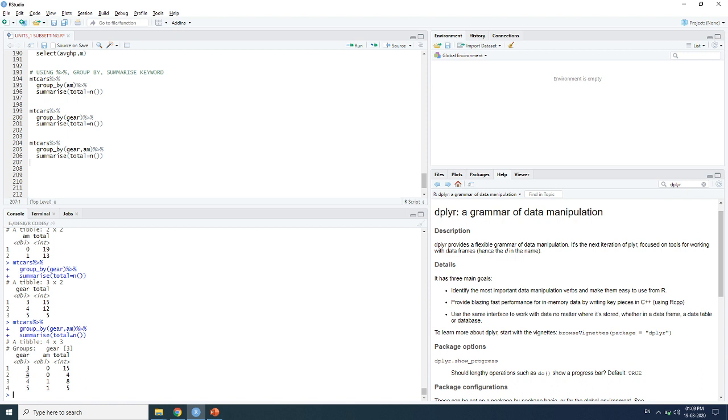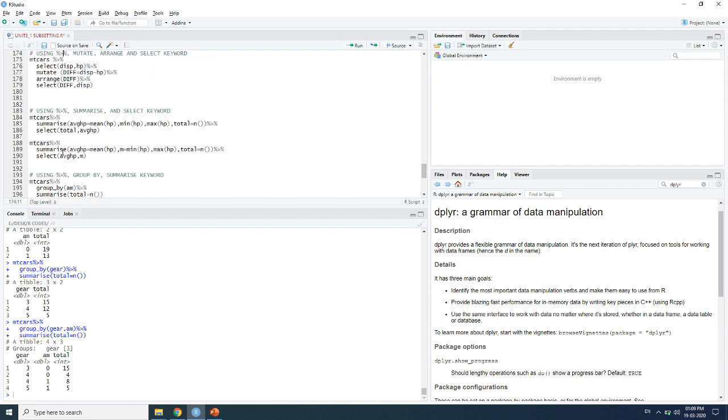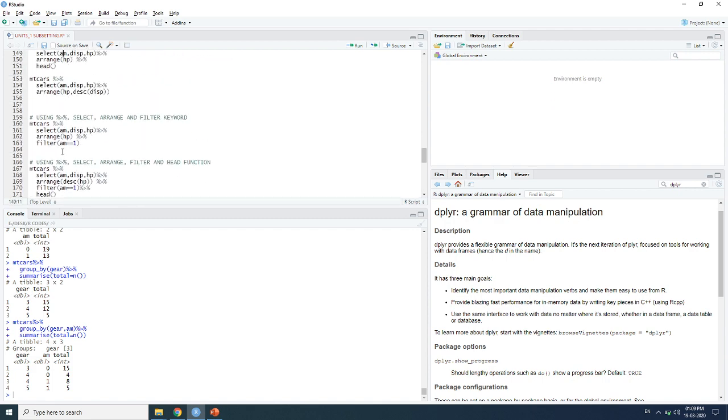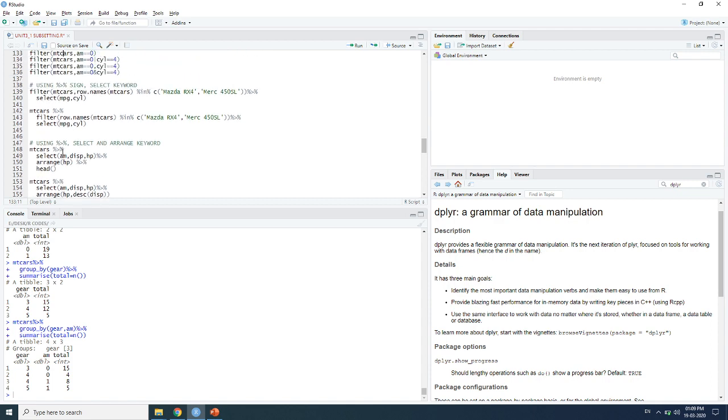So a new group will be created because I have said gear and AM. Where gear and AM match, only then the same group will be created. So 4 and 0 will be one group and 4 and 1 will be a different group. And the last one is only one value, 5 and 1. It means 5 gear cars with manual transmission are 5 cars. With this we can see that we have done group by, summarize, mutate, arrange, filter, select and pipe sign, and all these are the features of